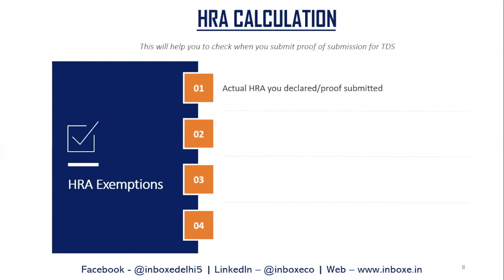So my first thing will be the actual HRA I have declared or submitted the proof for. Second one will be 40 or 50% of your basic salary. 40 or 50% means if you're in a tier 1 or tier 2 city,